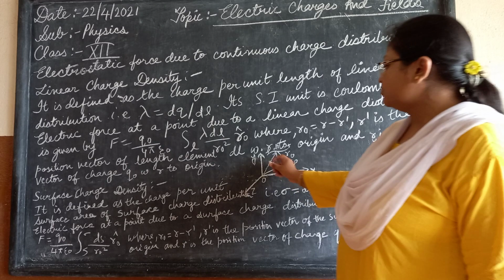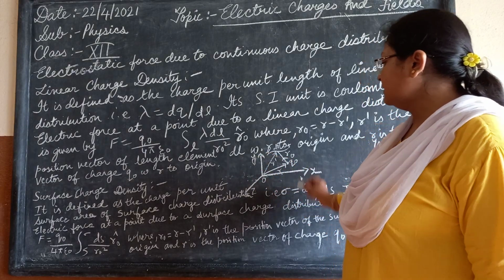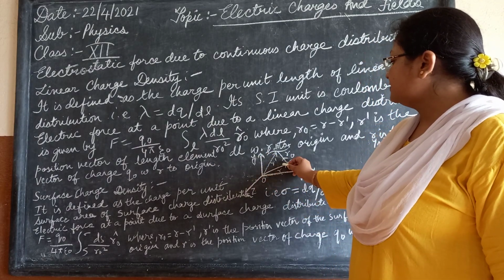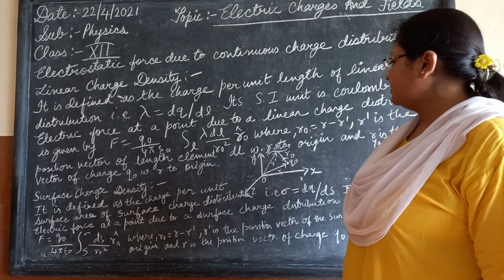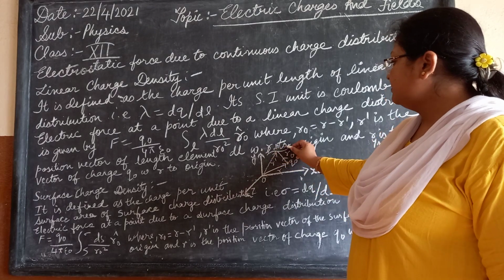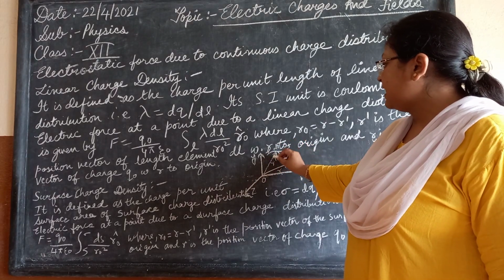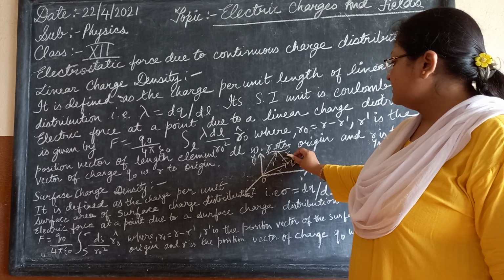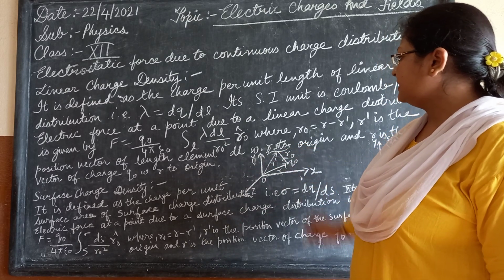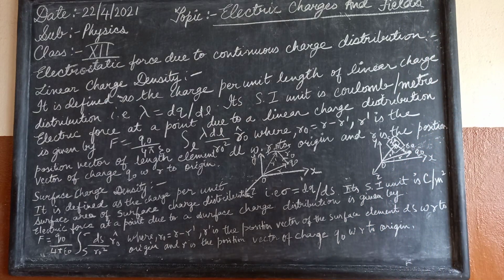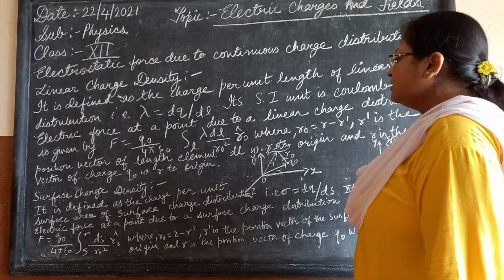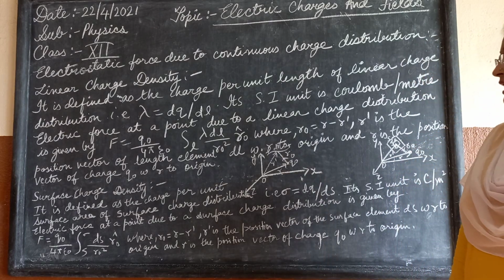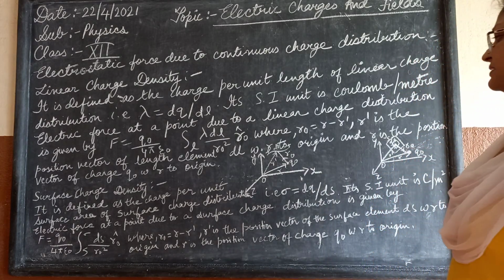Here we are taking the position vectors with axes x, y, z. We have r dash from the origin to the element dl, and r is the position vector of the point q0. The distance between them gives r0 square and r0 cap, because we are referencing r0, so we write r0 cap here, and r0 is equal to r minus r dash.